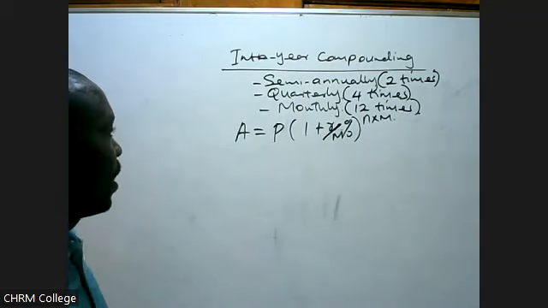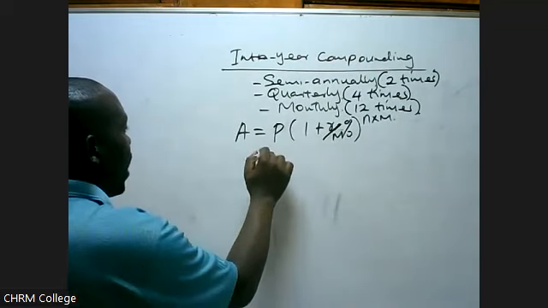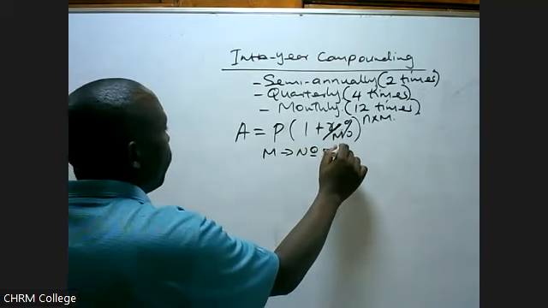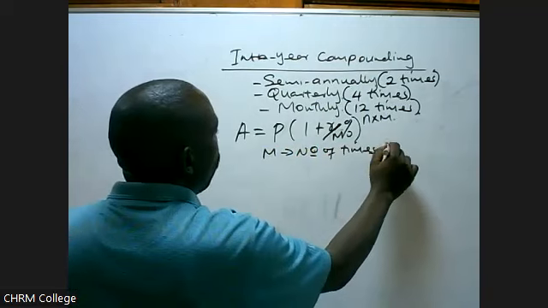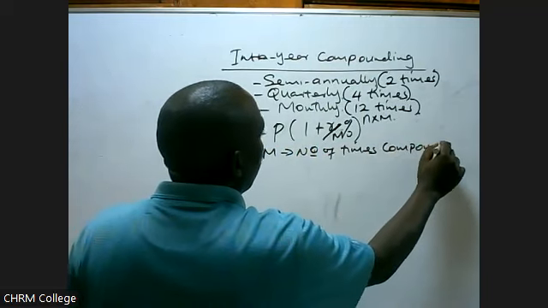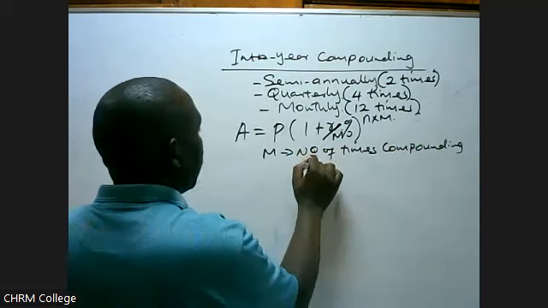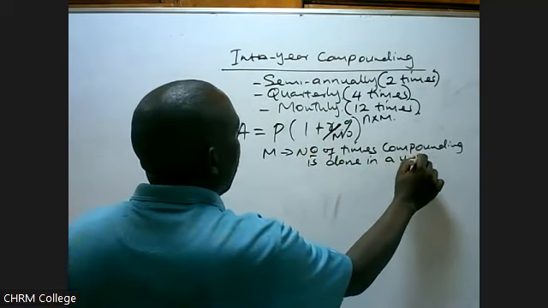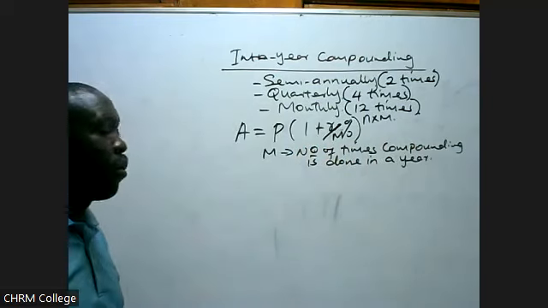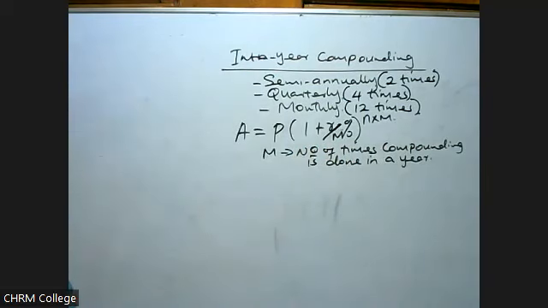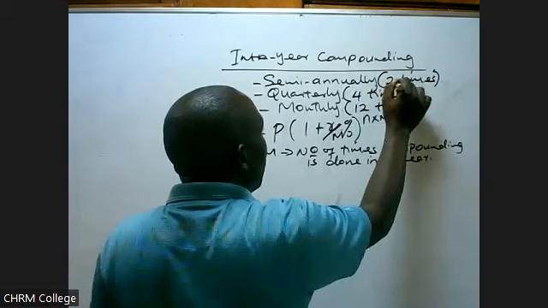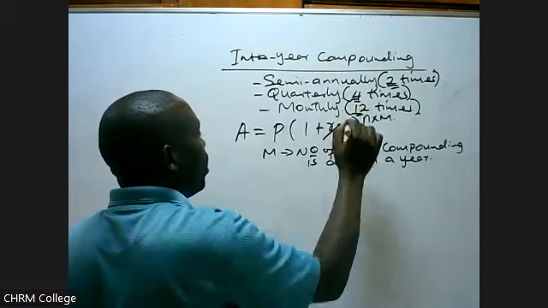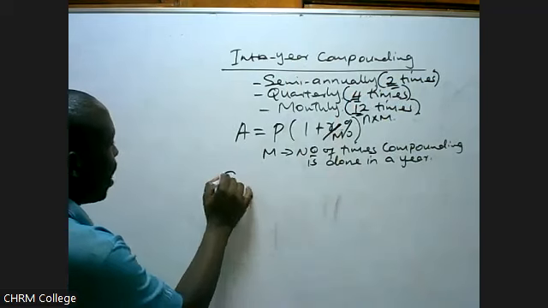Power M times M. This is the formula, where M is the number of times compounding is done in a year. The number of times compounding is done in a year, which can either be 2 times when it is semi-annually, 4 times when it is quarterly, 12 when it is monthly. So if it is semi-annually,